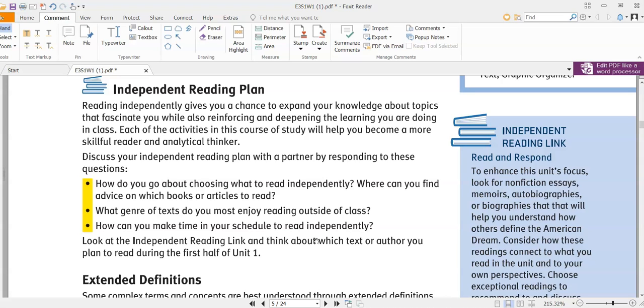30 may seem like a lot right now, and I understand that. So start off with 10 and push yourself to add a little bit more time each day. Or if you need to, you could separate the 30 into 10 minutes here, 10 minutes there, 10 minutes there, and read 3 times a day, but only for 10 minutes each. Or you could separate it into groups of 5 minutes and read 6 times a day, 5 minutes each. That could be while you're waiting for a friend to text you back. It could be while you are going somewhere on the bus or in a car. There are lots of opportunities where we could read for 5 minutes.